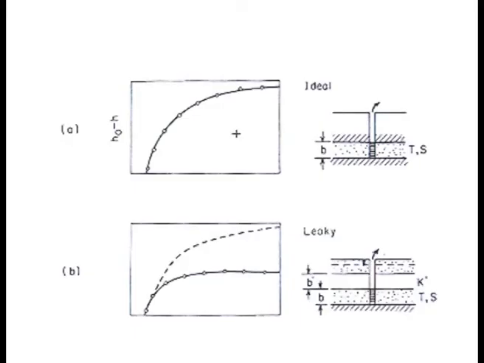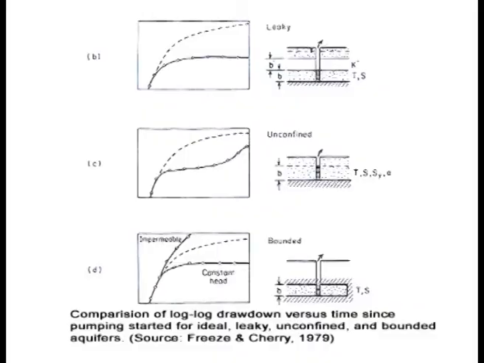That curve will tell you about the type of aquifer. So, diagram A is for a confined aquifer. Diagram B shows a leaky aquifer. And the third diagram you see, which I have told you about, is the delayed yield. It will give you three segments of curve. The curve is flattened in between. This is an unconfined aquifer.